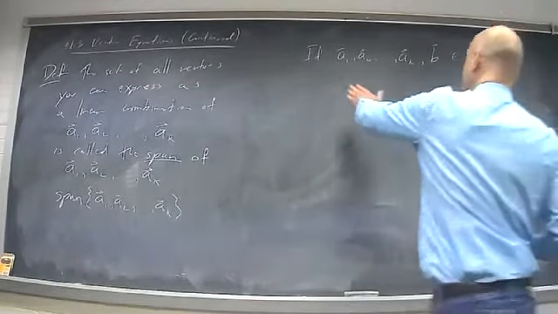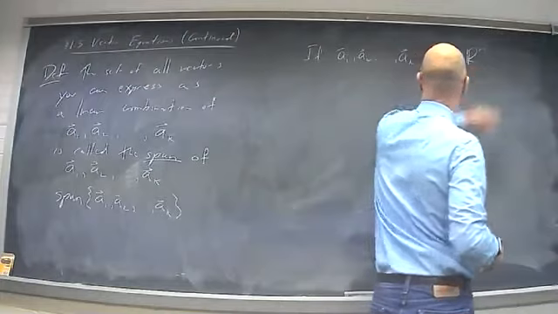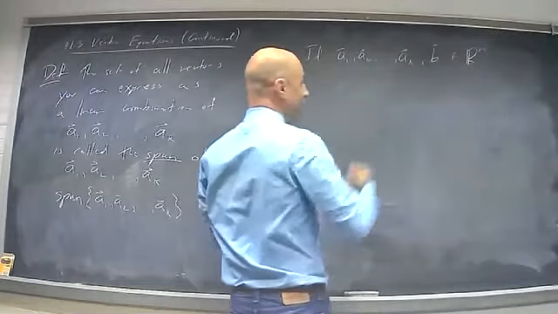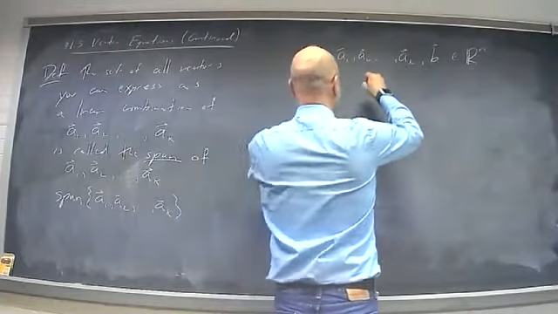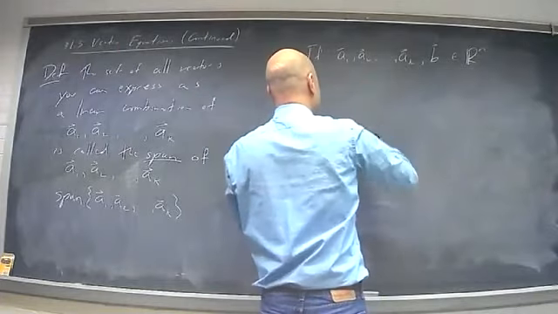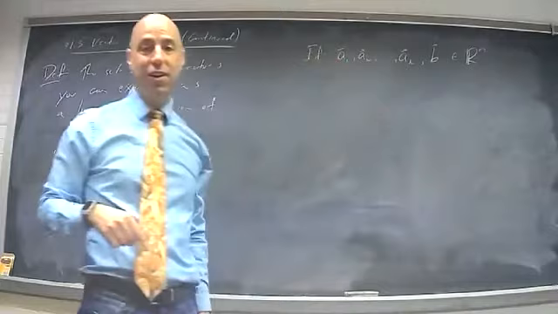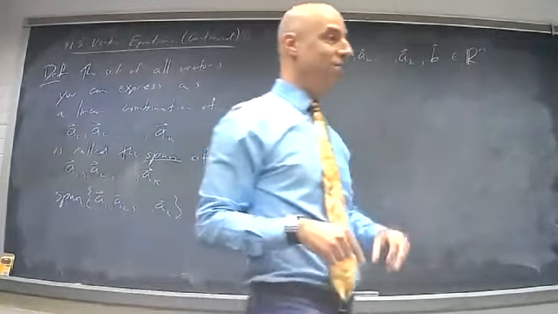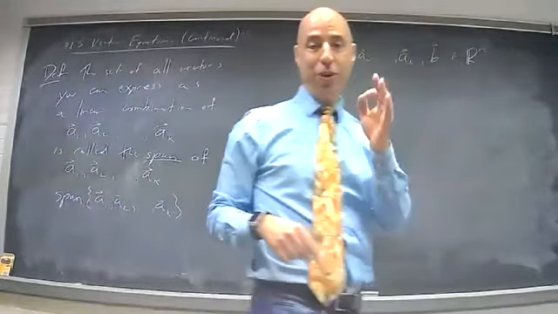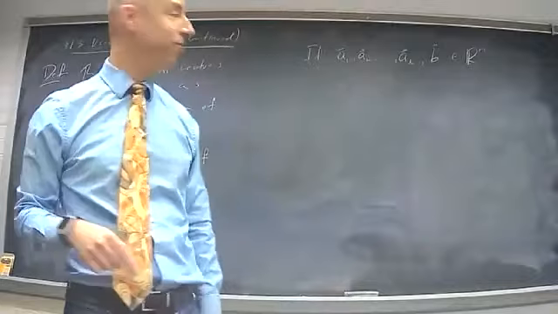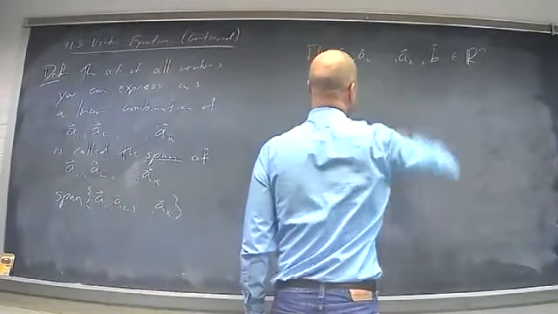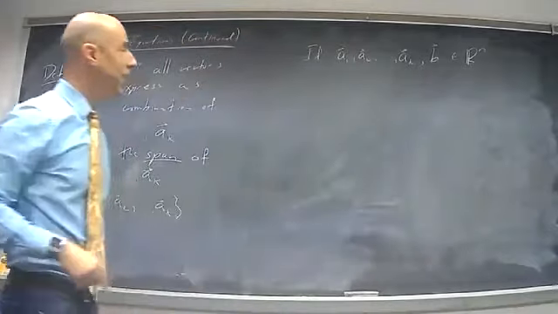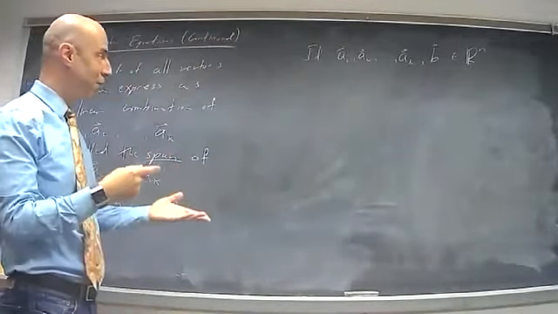So these vectors are all vectors in the same dimension. They all have the same number of entries. So say if n was equal to 8, each one of these vectors would have 8 entries: a first one, a second one, a third one, a fourth one, all the way up to the 8th one. If we're in R2, each one has 2 entries. If we're in R3, each one has 3 entries, and so on. So if these are all vectors that have the same number of entries,